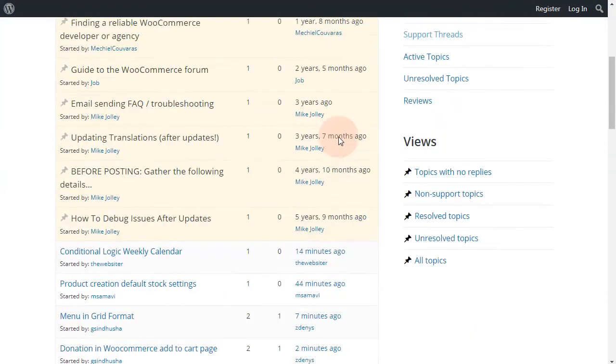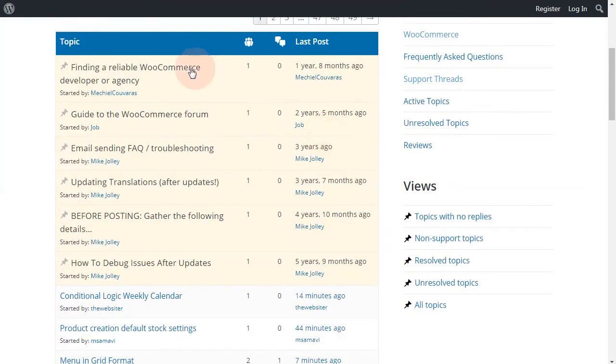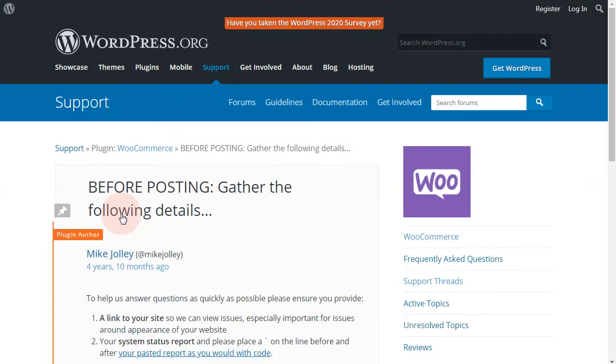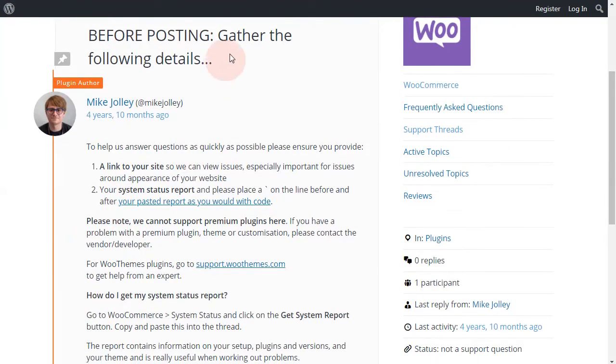Of course, you have to read before posting. Usually they have some instructions, so they say before posting gather the following information: a link to your site in case it's a front-end issue, and remember your system status report.